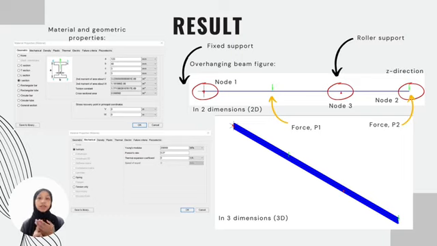As you can see, node number 3 is at the middle, node number 1 and number 2 are at the left and the right. There are also two forces applied, P1 and P2, which are the yellow arrows. The results also show that there are two dimensions and three dimensions